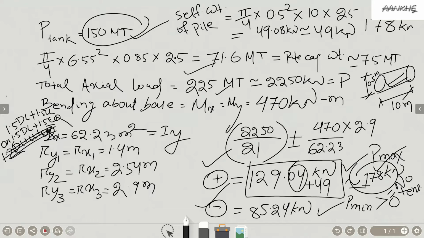178 kilonewton. It is the maximum load on the pile. Let me give it a separate color. This one is your 178 kilonewton. 178, right? So you have to design such that the soil can take this 178, and structurally the pile should be designed as